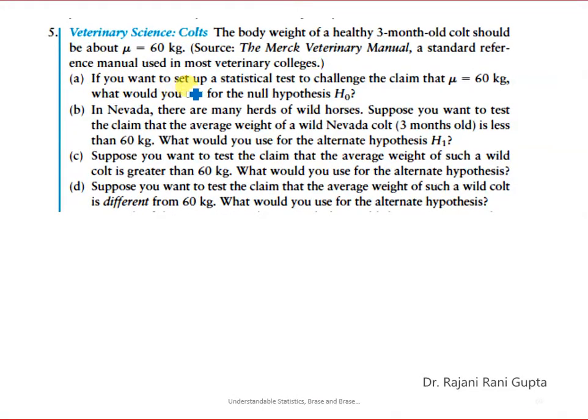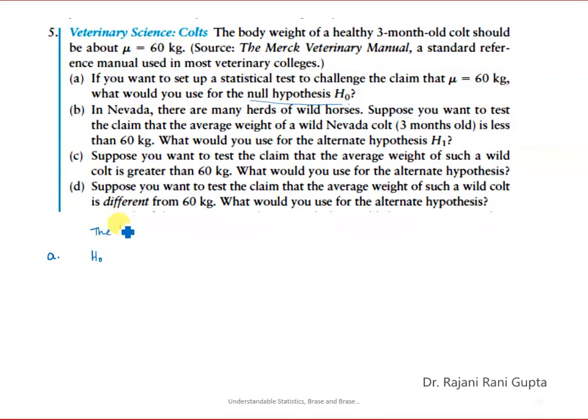Okay, now part A. If you want to set up a statistical test to challenge the claim that mu is equal to 60 kg, what would you use for the null hypothesis? So in the first part we need to get the null hypothesis. Now what we want to test is to challenge the claim that the body weight of a healthy 3-month-old colt should be 60 kg. So as per the definition of null hypothesis, we always agree with the statement. So here in part A we say that